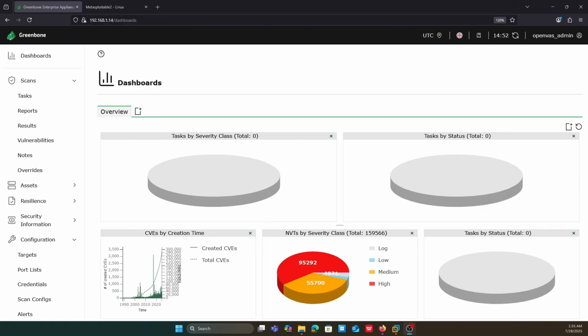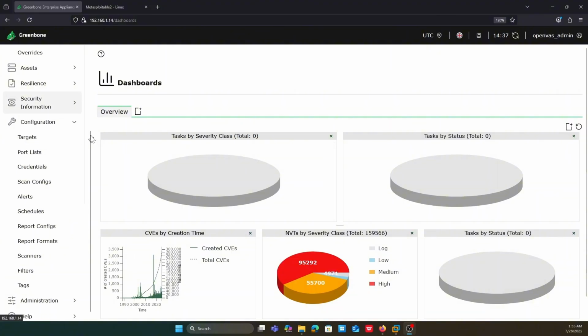So in this section, we are going to discuss a more in-depth scan. In the previous one, we just checked the host discovery. Now it's time to move forward with the complete end-to-end scan. So again, to see what type of scanning configurations are available in OpenVAS, we can go under the configuration